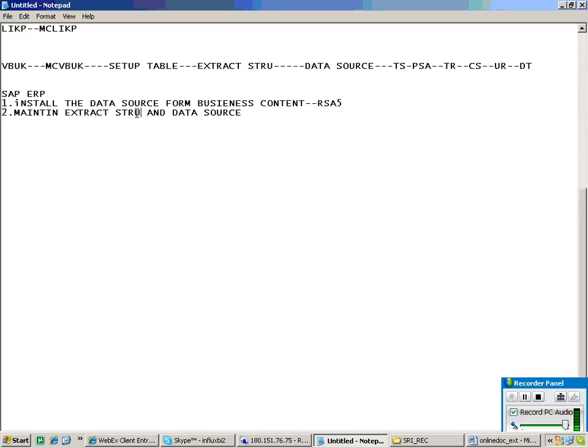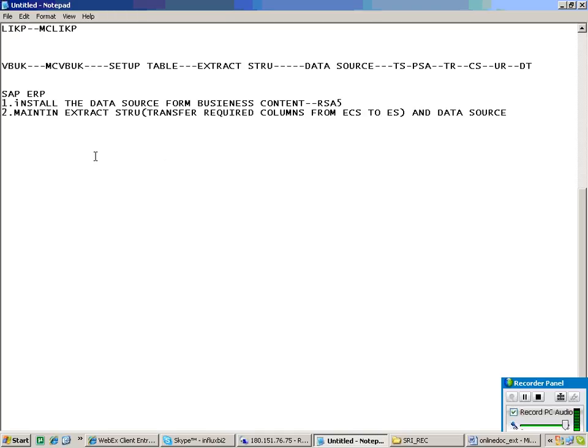If any additional column is required, we can transfer it from ECS to the extract structure. As part of maintaining the extract structure, we transfer the required columns from ECS to the extract structure.